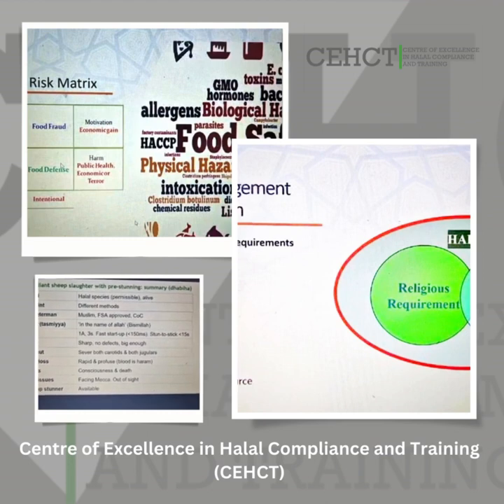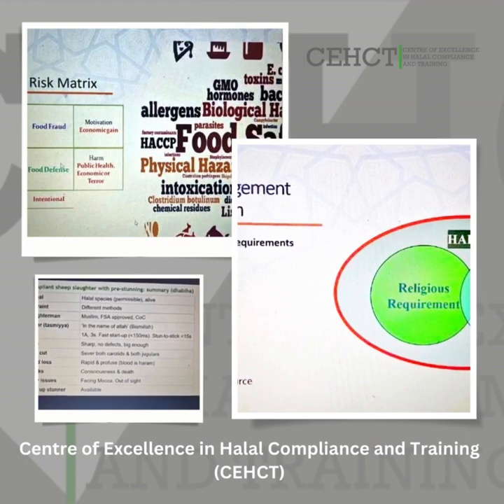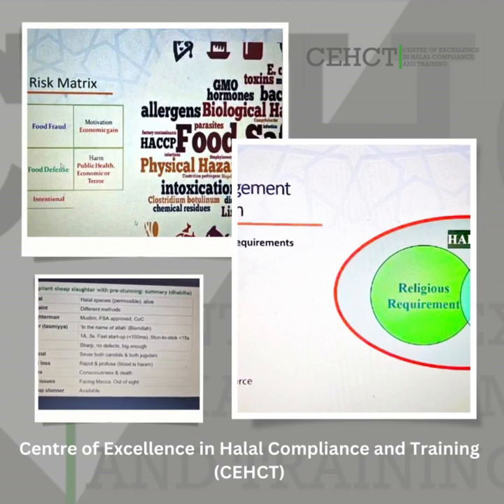So here's a summary of what you're looking for in halal slaughter with pre-stunning. It's a halal species. The animal is alive but not conscious. We looked at different methods of restraint. The slaughterman must be FSA approved and must be a Muslim. There's a prayer to be said over each animal. One amp of current needs to be applied for 3 seconds, with a stun-to-stick interval of 15 seconds or less. The knife needs to be ultra sharp. The neck cut needs to cut both carotids and both